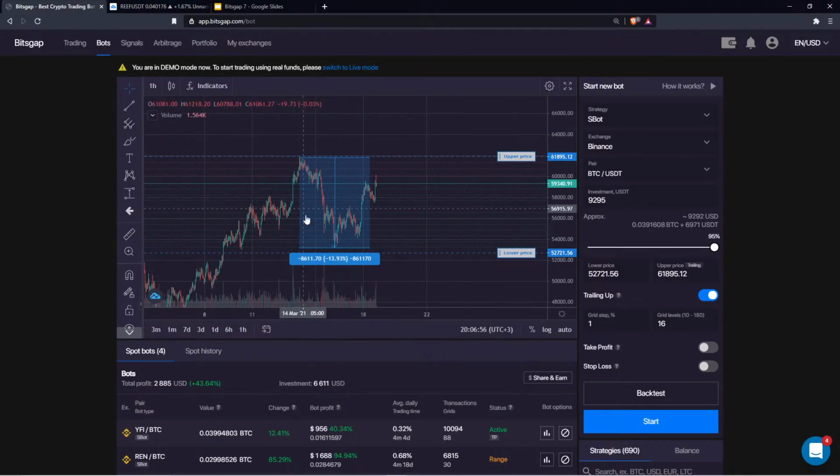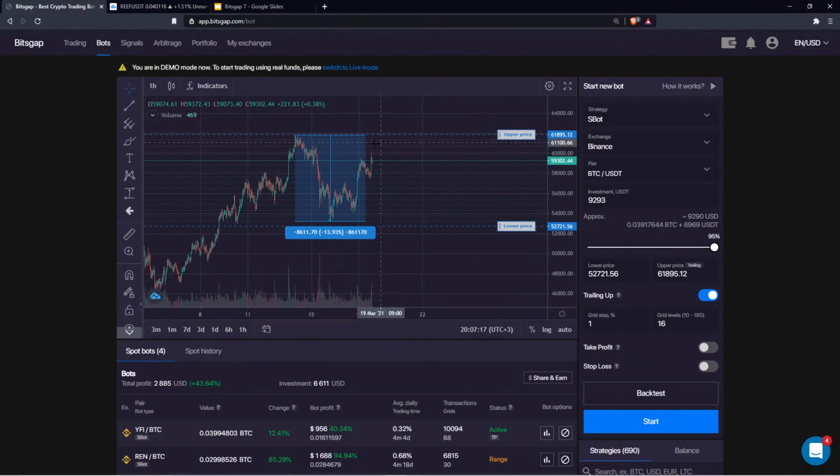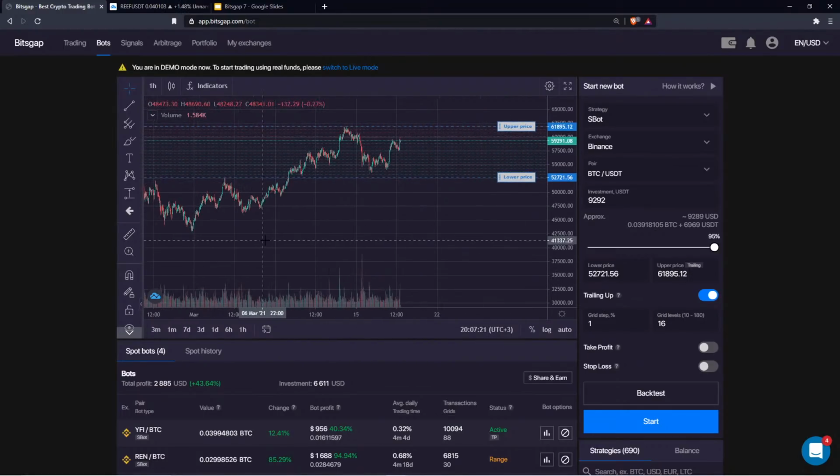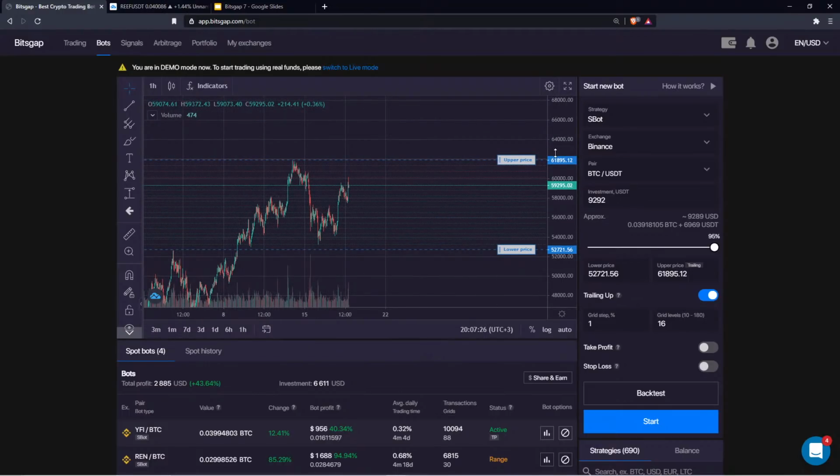Basically, I use this tool to estimate the volatility, and I want to make sure that I can seize this entire volatility. So that's why I set the amount of grid levels so that my grid step is exactly 1%. You can actually just type 1, right? But I mean, it's clearly up to you how you analyze the market and set the amount of grid levels. Just look at the volatility and make sure that you have enough grid levels to capture all this volatility,